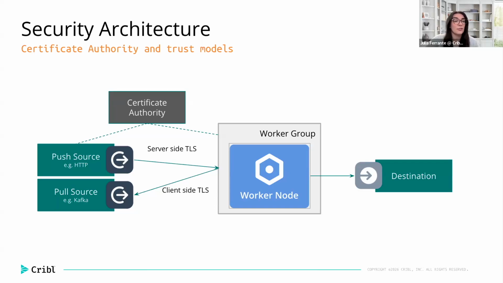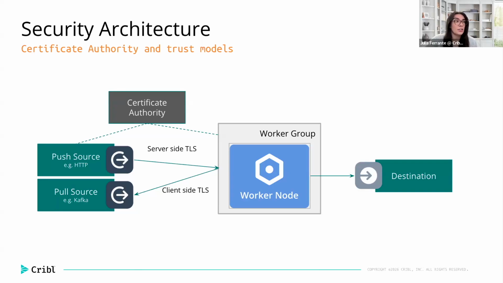Walking through this diagram here, first we have the worker group, which is where sources and destinations are configured at the worker group level. And the first step would be to identify the source and destinations that you want to set up and create within that worker group. Left-hand side, we have our sources. We have two of them that are listed here, for example,